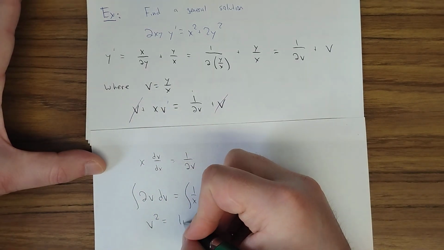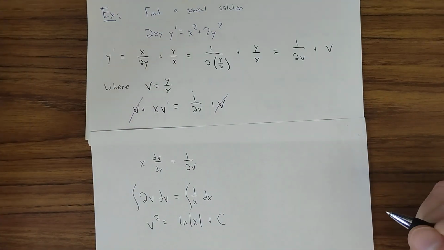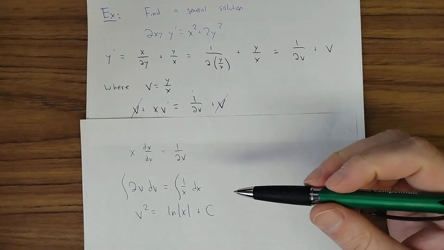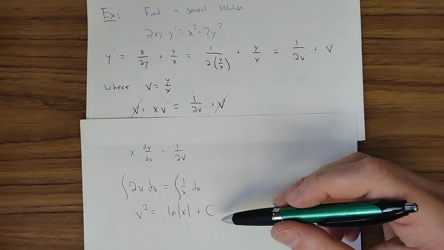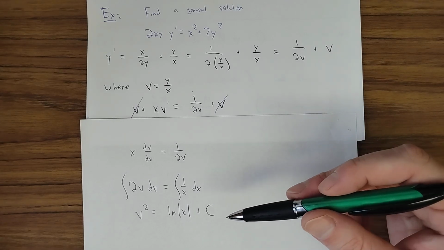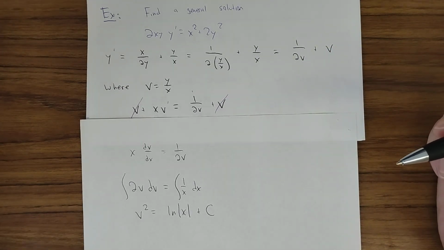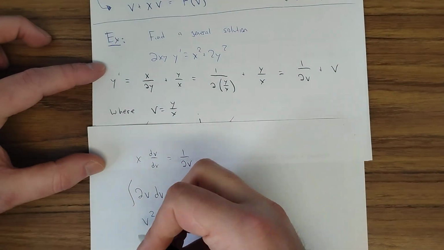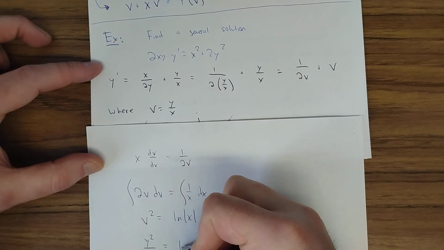V squared equals natural log absolute value of x. This is where I should start writing plus c on one side. And so we don't have an initial condition, so we're not going to be able to figure out c. This is basically our answer, except we have to remember that we made this substitution, and we want to put the final answer in terms of the original variables. So v is y over x, so this is y squared over x squared equals